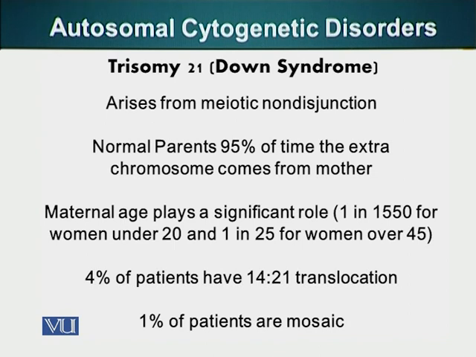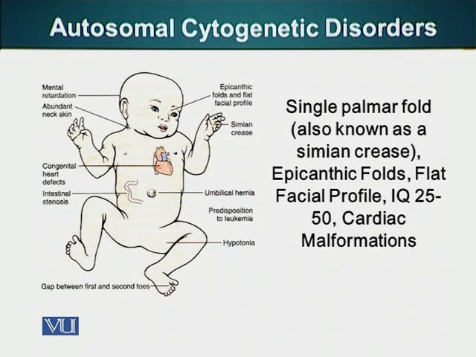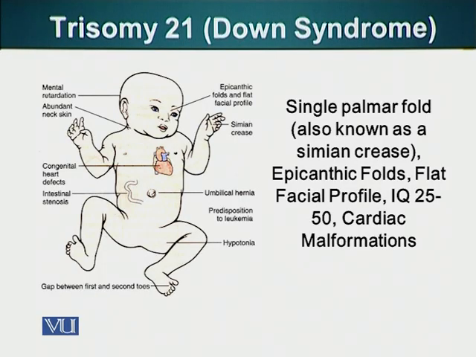What do I mean by mosaic? That their cells, all their cells, are not the same genetically. Some cells will have an extra 21 chromosome, other cells will have the normal number of chromosomes, which is two 21 chromosomes, and the total number is 46. So the severity of this disease depends upon the degree of mosaicism. If we are looking at a mosaic patient, the severity will depend upon how many normal cells